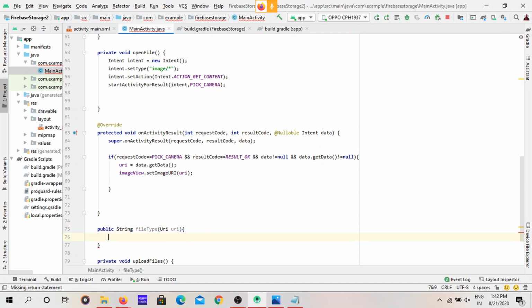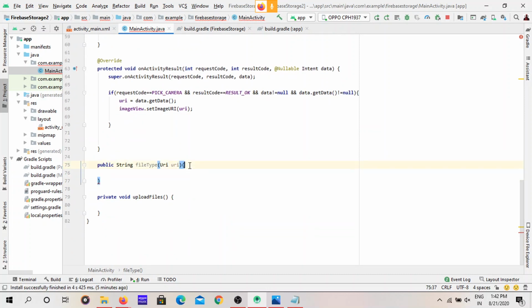Don't bother about this function. I'm not going to explain this function. You can search it on the internet. It is very easy. So just assume that it will return the type of the photo, like JPG.